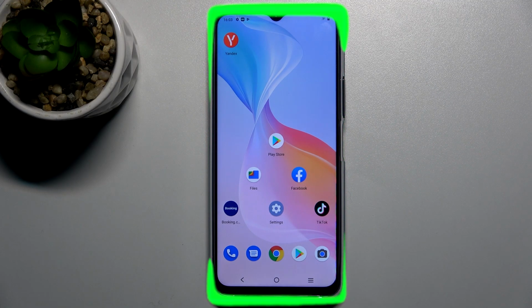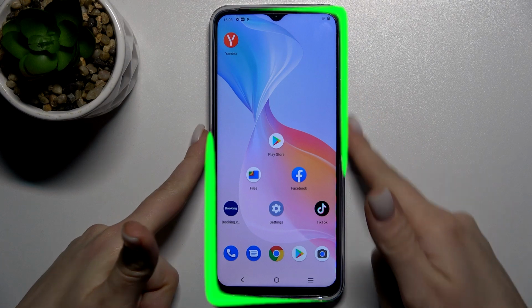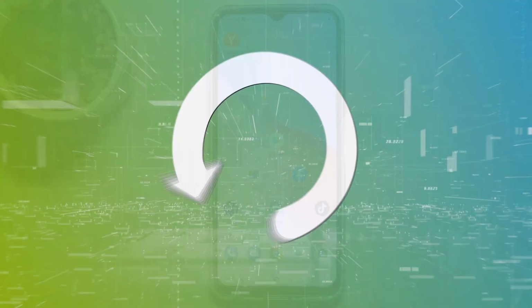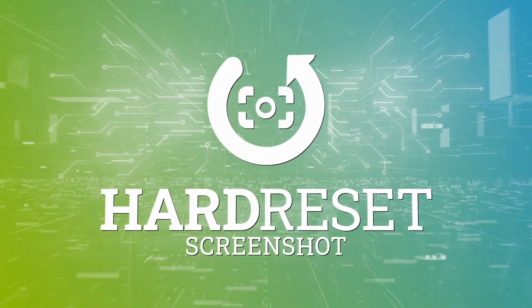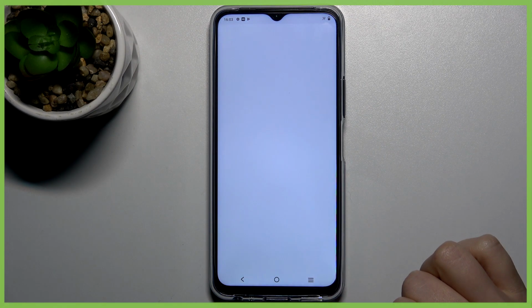Welcome. Today in front of me is the VIVO Y33s, and I'll show you how to take a screenshot without buttons on this device. So we've got two ways. The first way, let's just go to the settings